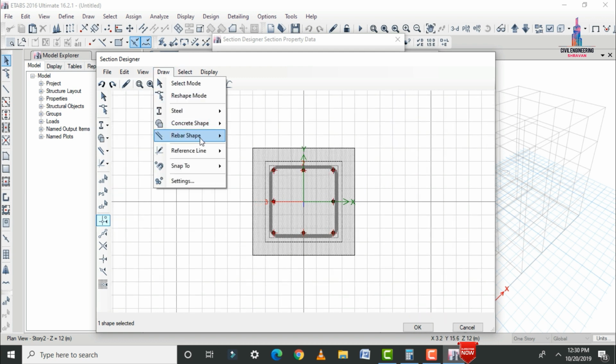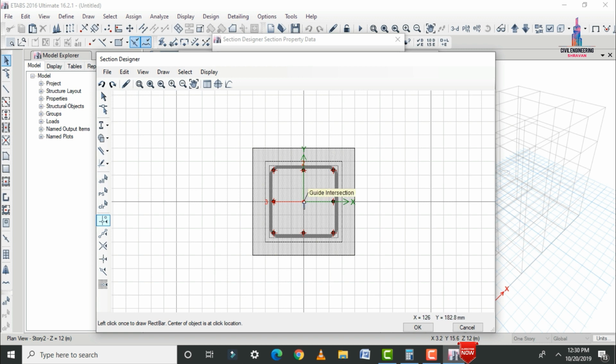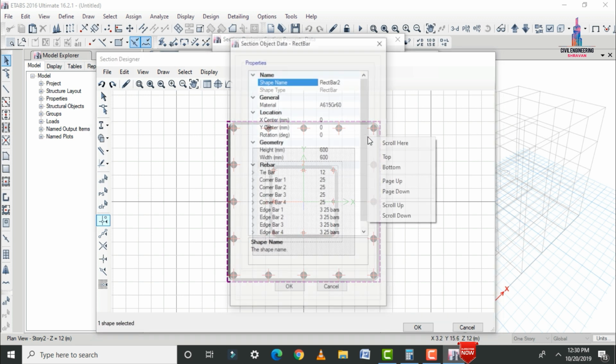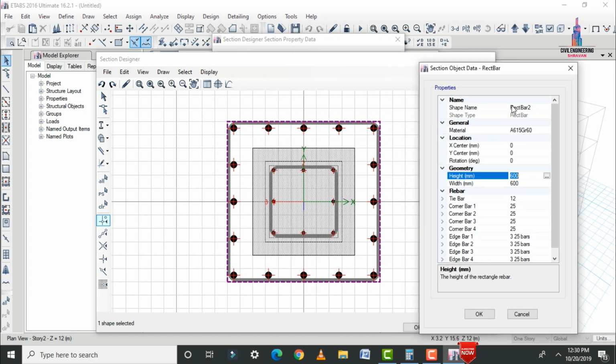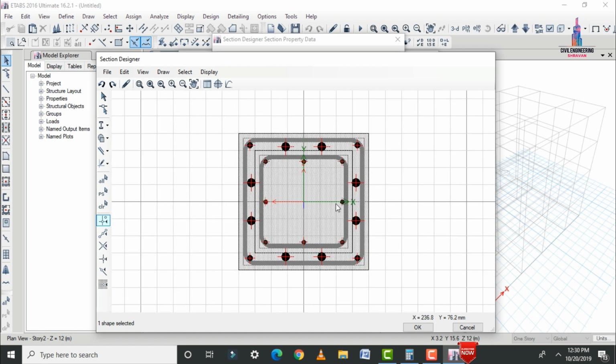So after that we have to draw the rebar shape as per the rectangular consideration. So here I am selecting rebar considerations as per the rectangular section. So here I am selecting the center point. Now I am selecting this respective property and we have to edit the property as per the data considerations of this section. So here I consider this property as 370 and this distance also, let us consider it as 370, and the bar size we have to consider as 16 mm, and the next bar size is also 16 mm, and this bar size is 16 mm and this bar size is 16 mm. So after that click on OK option. So it will draw your respective property here like this.